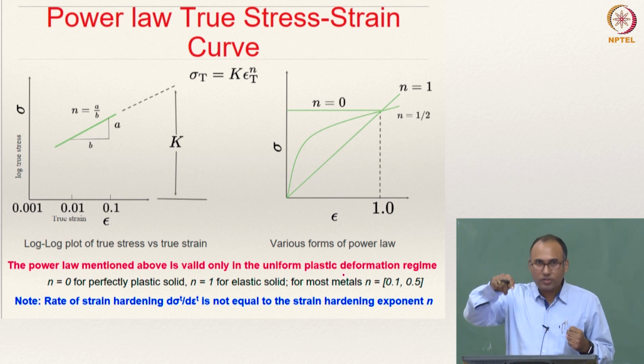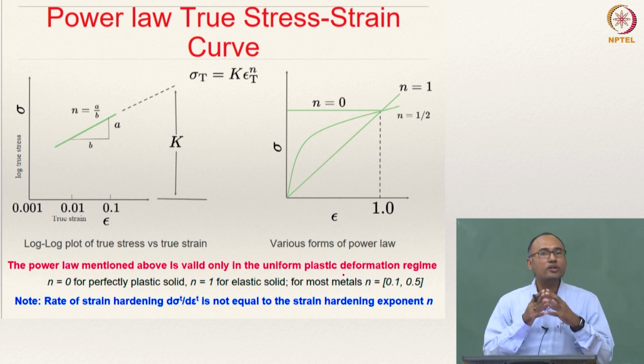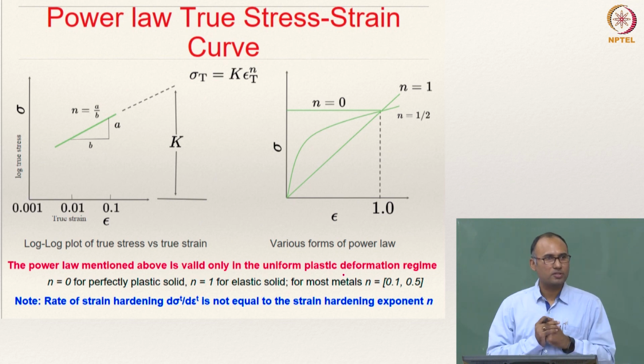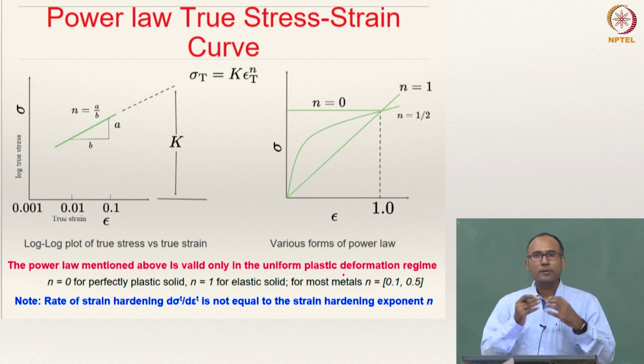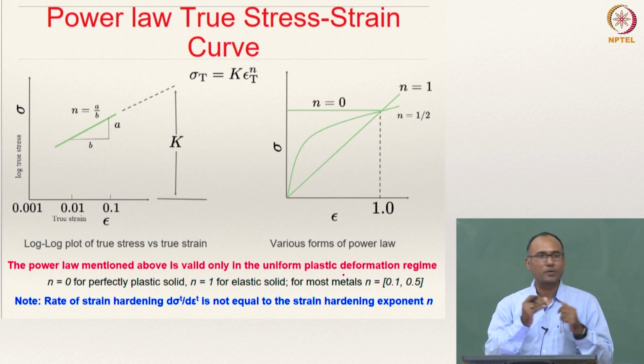So at the onset of yielding, that is why the yield point represents the onset of plastic deformation. Until the yield point you will not have plastic deformation, okay. So that is again the property of the material, right. Depending upon the kind of material that you are using, your yield strength will change. Similarly, your elastic modulus will change from material to material. That is why these are material properties.